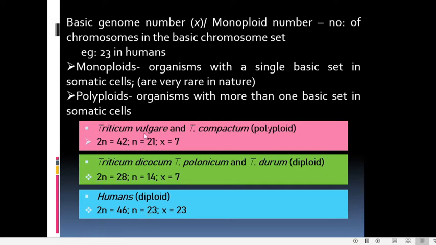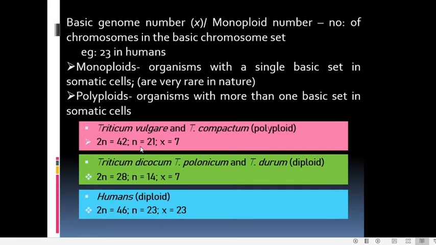is equal to 46. But we take the case of two varieties of wheat, Triticum vulgare and Triticum compactum. These two are polyploid plants. Their basic chromosome number is 7, that is x equals 7. But in their gametes, they will have 3 copies of the chromosome set. So, their n number will be 21. That means each chromosome will be there in 3 copies. There are only 7 types of chromosomes, the x number is 7, but in their gametes, each chromosome will be there in 3 copies or 3 homologs will be there.